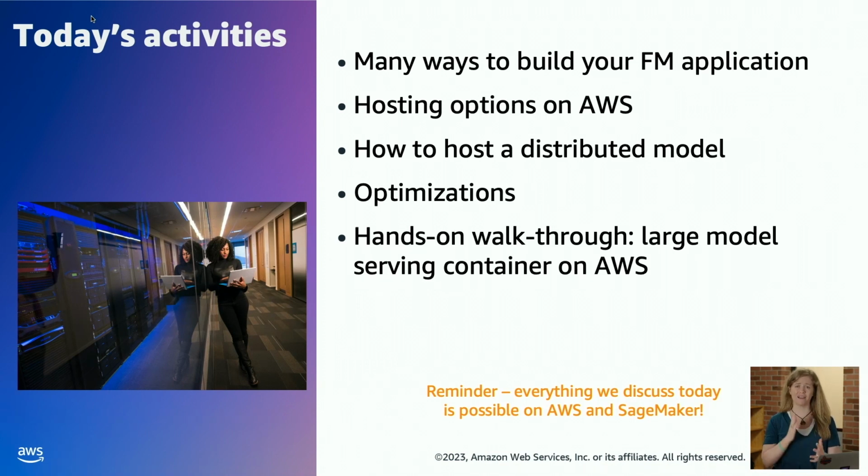So we'll learn how to host a distributed model, like once you've narrowed down your hosting choices and you're ready to just get to brass tacks, we're going to learn how to host a distributed model. So to take a model, park that model on multiple accelerators, multiple instances, and certainly multiple accelerators. Then we're going to look at some optimization techniques, so ways to improve the performance of that. Most of these are going to center around actually shrinking the size of the model, literally, so that it runs faster with a number of other techniques as well. Then we're going to close it out with a hands-on walkthrough of large model serving on AWS. In particular, we have a fully managed container, a large model inference container that you can use on SageMaker to easily get up and running. So let's check it out.